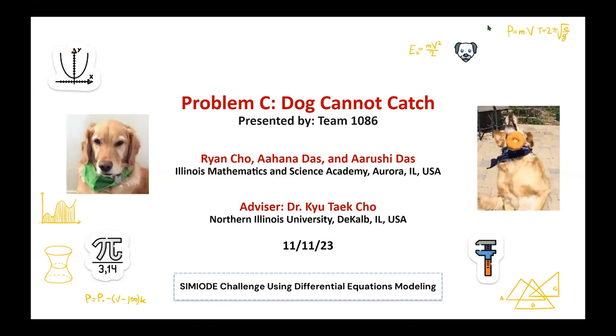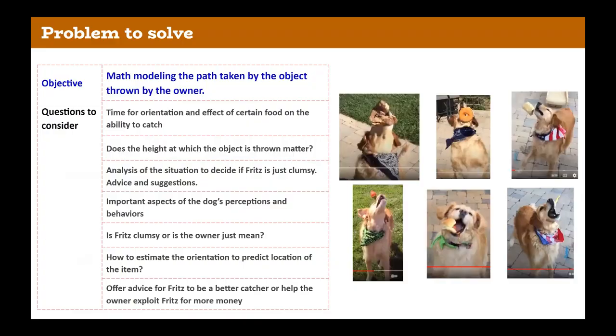This is Team 1086, and we solve problem C, dog cannot catch. Our names are Ryan, Aahana, and Aarushi, and we're from the Illinois Mathematics and Science Academy, and our team coach is Dr. Cho. After watching the YouTube video provided of Fritz the dog, our objective is to create a math